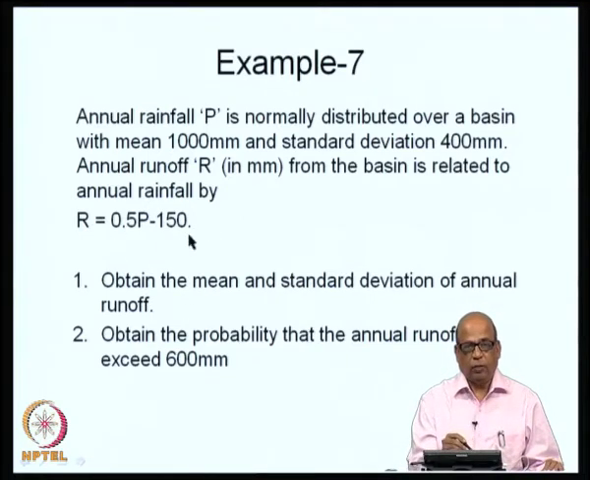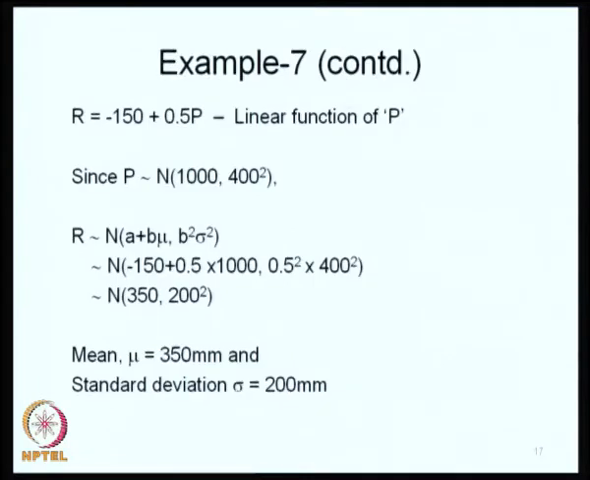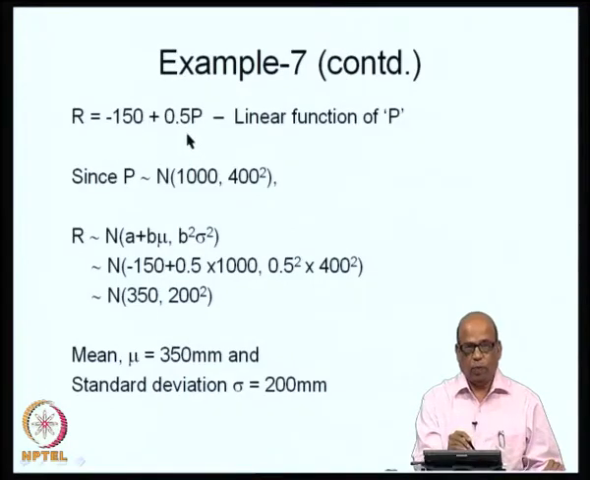Because this is a linear function and P is normally distributed, R is also normally distributed and we can obtain the mean and standard deviation of R, and from there we can get the probabilities associated with the annual runoff exceeding any given value, for example, in this case 600 millimeters. So, first we will start with this: R is equal to minus 150 plus 0.5 P,